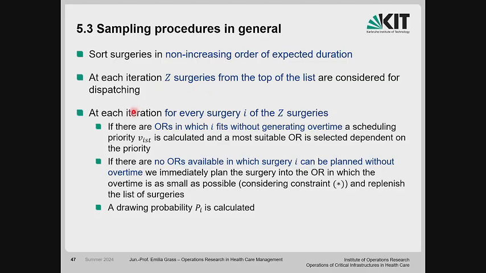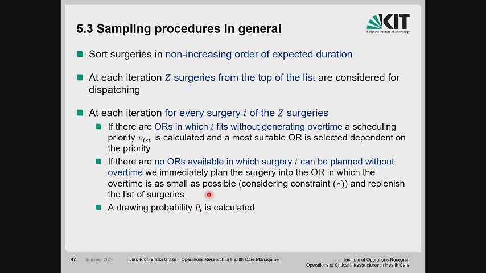If an operating room fits without generating overtime, then use it, scheduling by priorities. If there is no operating room available, so only operating rooms are available where we need overtime, then use the one with the smallest possible overtime, and then